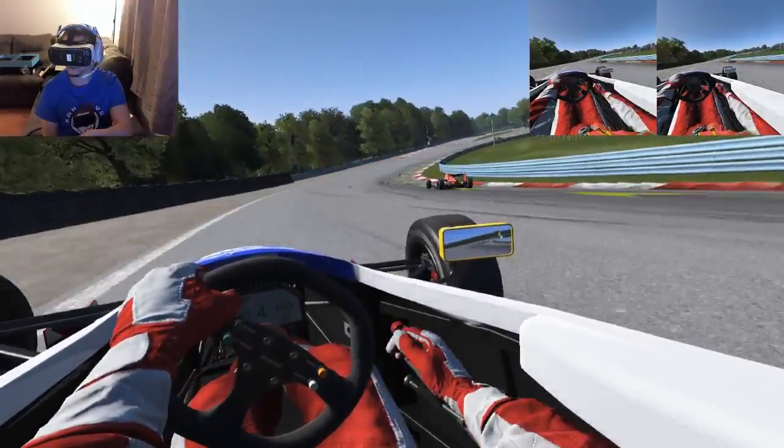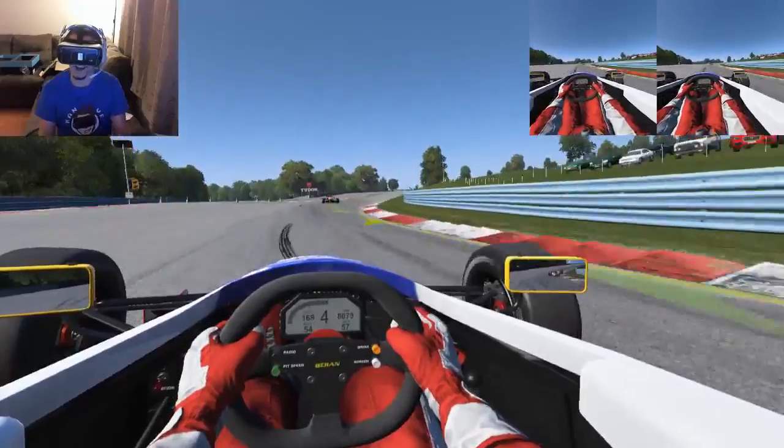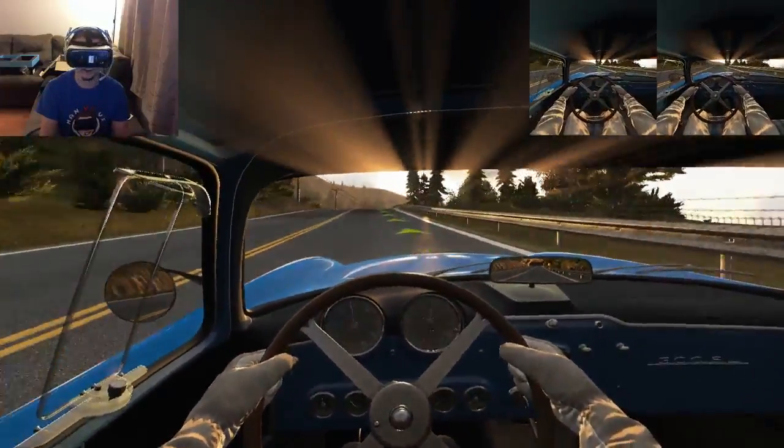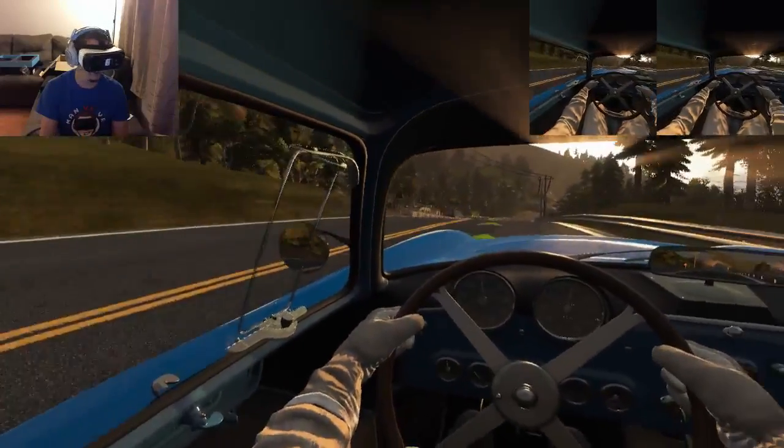Out the way, sucker! Ha ha! Well, look at the rear view mirror. It's like, you don't get much more classic than that. Look at that mirror. Look at...